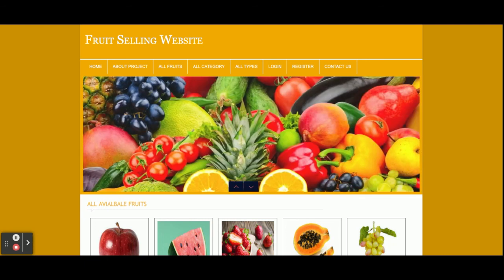As I told you earlier, this is a mini project on fruit selling, and I have developed it in PHP and MySQL, and this is a web-based DBMS project also. If you need more functionality in this project, just put it in the comments. I will incorporate the changes and make this project better and better according to your requirements.